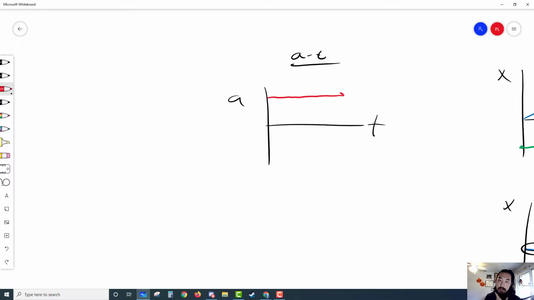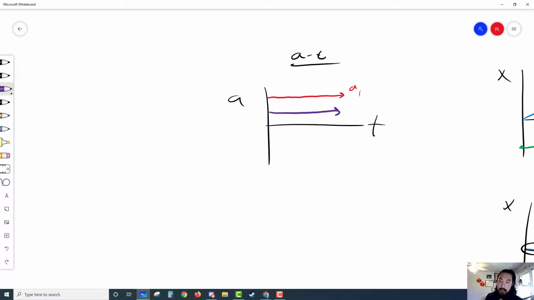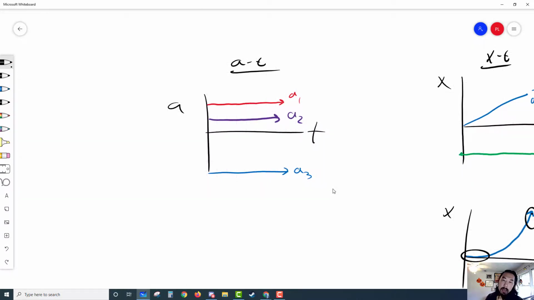So here we have object 1, which we'll call A1, and then A2, and we have something like this, and let's make this a little bit more extreme. There we go, we have A3. So the way they could ask questions is if we're taking a look at A1,